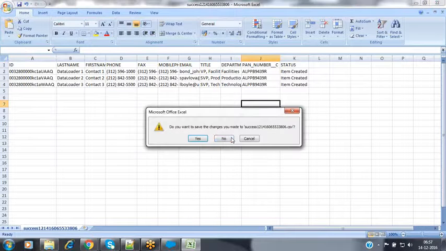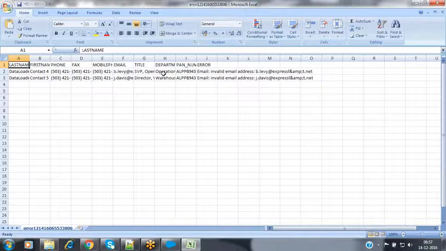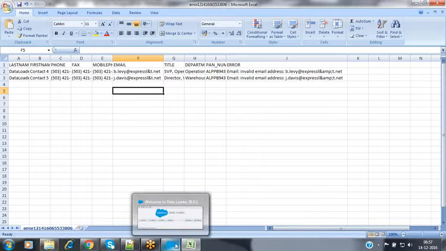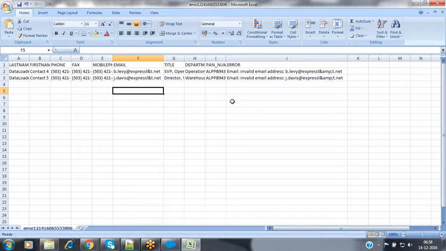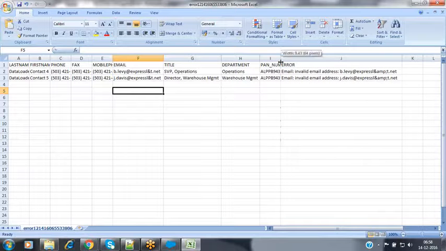Now, when you go to the failure file, let's verify this is the error file. Double click on that error file. It is giving that information, invalid email address. Nothing but this email address which we have specified is not in a valid format. It is in an invalid format, so these records cannot be inserted. So now this email ID is not in a valid format, so it is going to fail those 2 records over here.